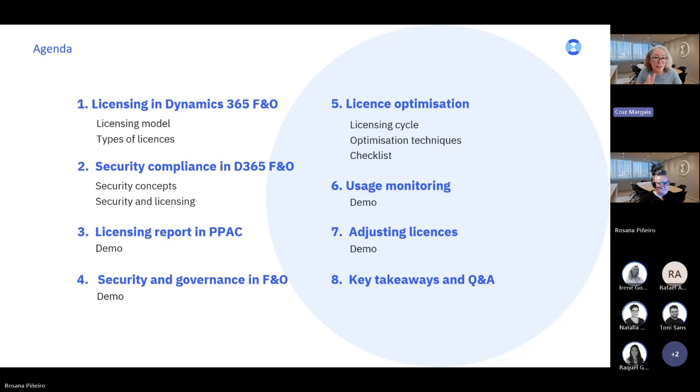Through demos, we will see the licensing report in PPAC, but also the governance tools in F&O. And then we'll go through some suggestions for license optimization. And then we'll see how we can monitor the application usage and how we can adjust the licenses. And we will finish with some key takeaways and some questions and answers.